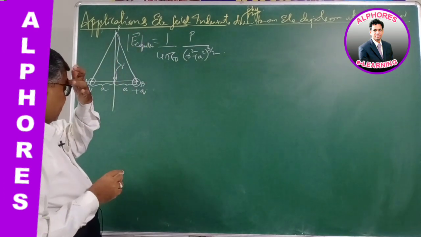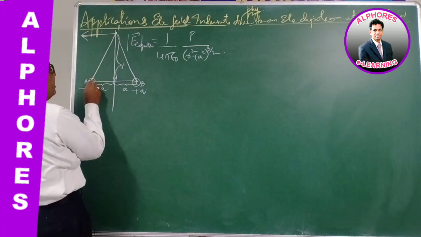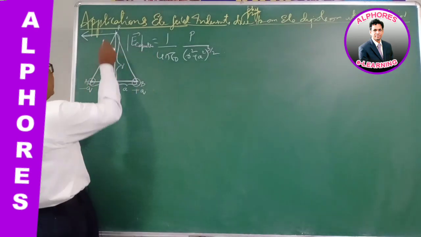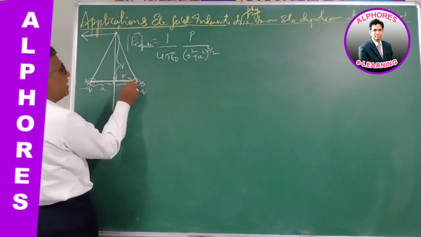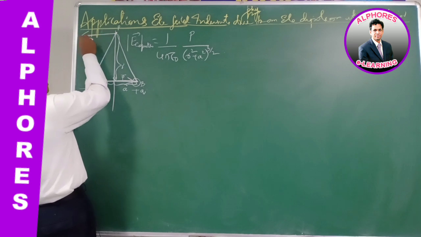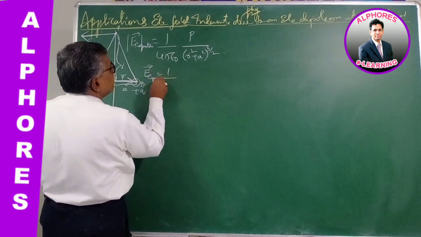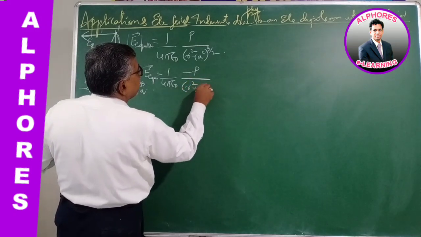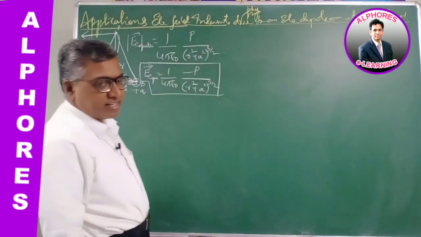Now, if I take the direction also into consideration, the direction of the resultant electric field is parallel to the line joining the charges, parallel to the electric dipole, but its direction is opposite to the direction of the dipole moment. The dipole moment p bar is from minus q to plus q, but the electric field intensity is directed in the opposite direction. So if I write this vectorially, E bar equatorial is 1 by 4 pi epsilon naught, minus p bar by (r square plus a square) whole power 3 by 2.